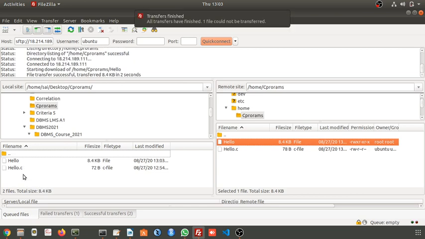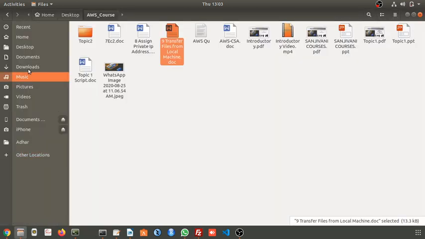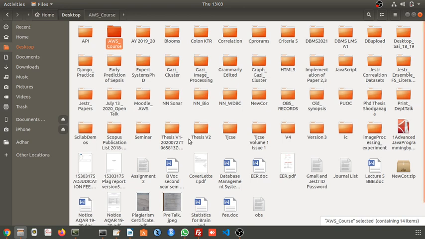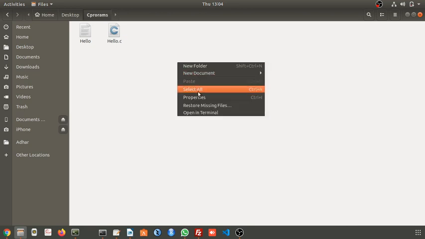Again connecting, connected, starting download of this file. See, now it has come. Hello, where is it? It is on my local side. In my local side, you can see the C programs folder. Earlier only the source file was there.